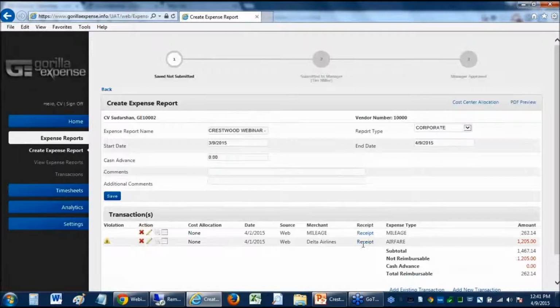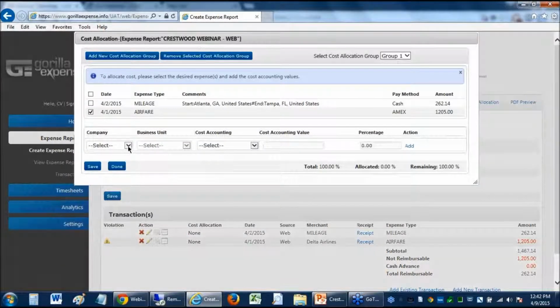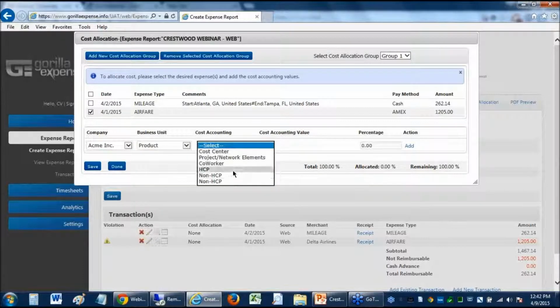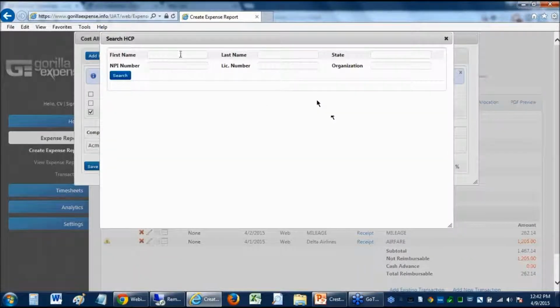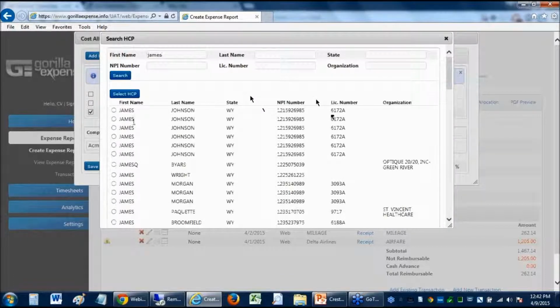But before that, let me show you as per the Sunshine Act, in the cost center allocation feature, you can pick expenses and then you can allocate them. Firstly, you can allocate them to different business units or companies or cost accounting codes if you split expenses in that way. As an extension to that, I can pick different HCP numbers. So if I type in James, it'll give me a list of NPI numbers for doctors that I can pick and associate